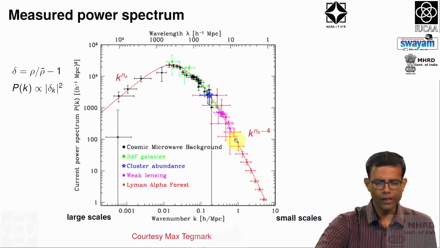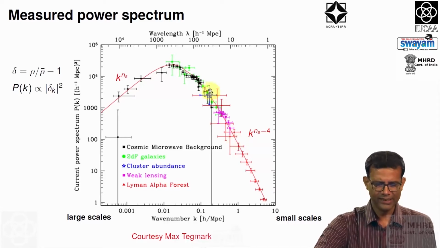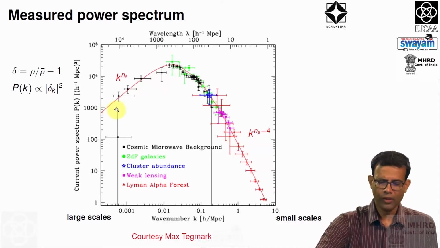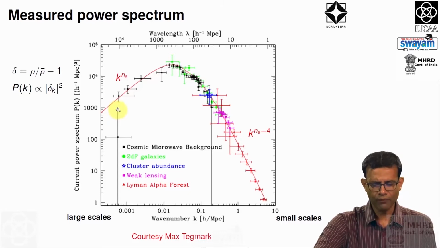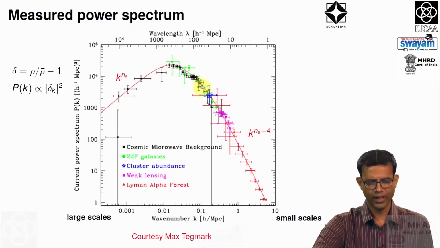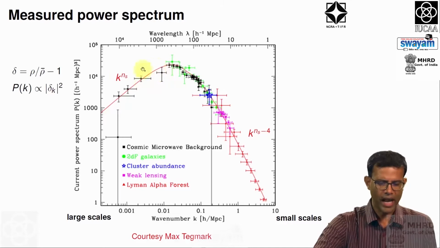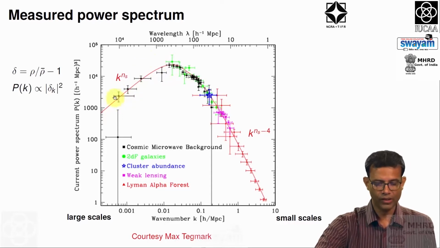This plot is slightly old, but the essence remains the same. So, we get measurements of the power spectra from various kinds of observations. For example, the black points correspond to CMB. So, at very large scales, CMB gives you the best constraints on the power spectra, and then you have these